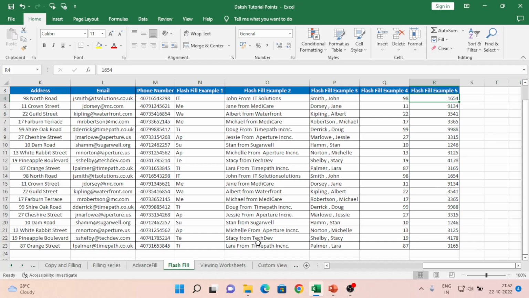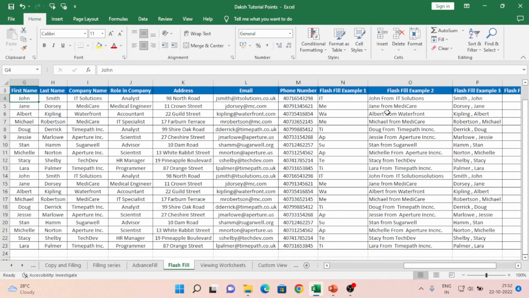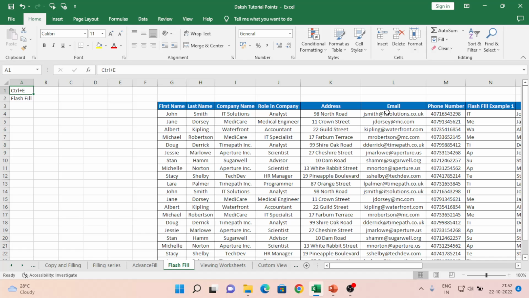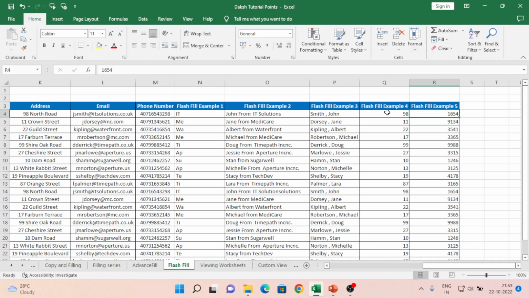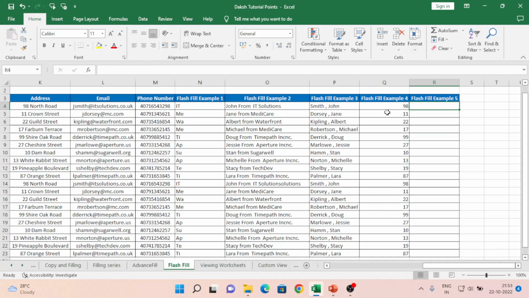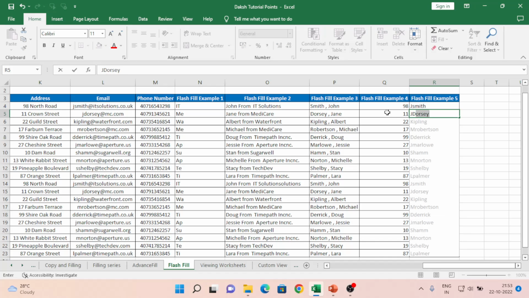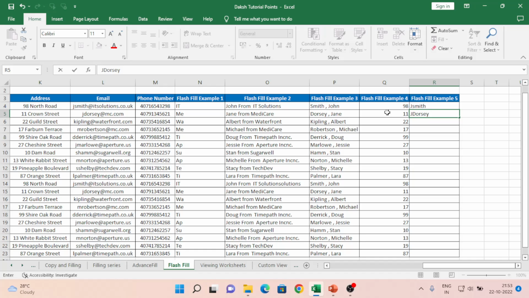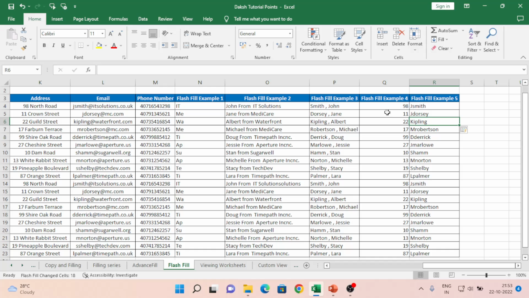Now we can see what other options we can get. I'm just removing this for a moment and typing J Smith, okay, J Smith, I'm clicking, then J Dorsey, I'm clicking. Now if I press Control E, it has given me a suggestion